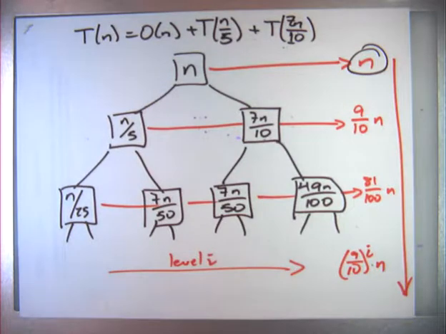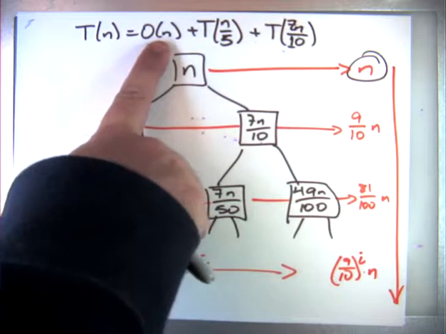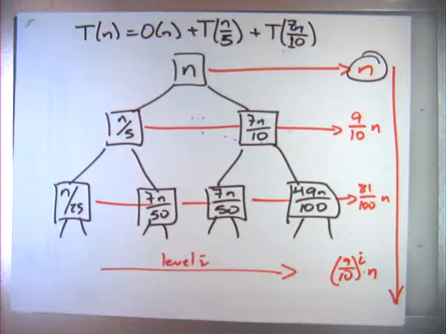Now, if you're a little bit more careful with the constants, it comes out to be about 10n. And if you're really more careful about the constants, you'll remember that the constant inside this big O isn't actually 1. It's something else. And so if you actually work out all the details, it comes out to somewhere between 20n and 25n. Which means, in practice, you don't want to do this.